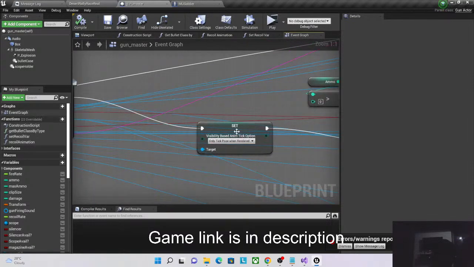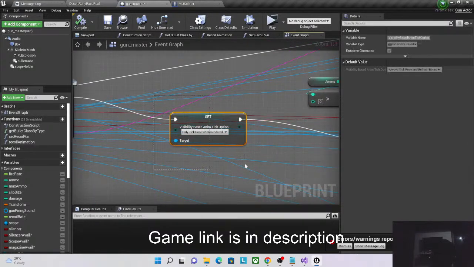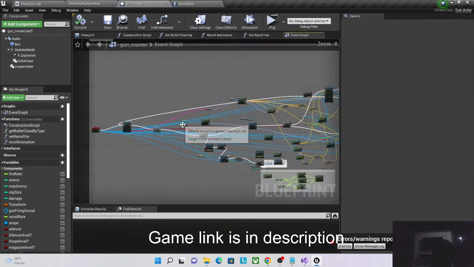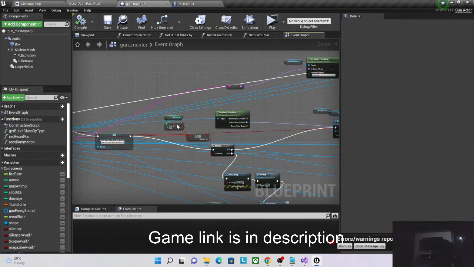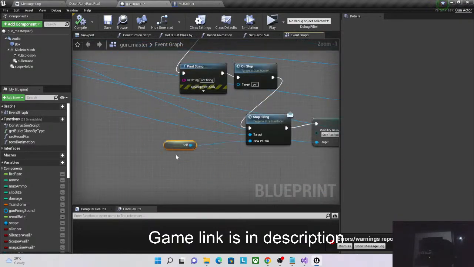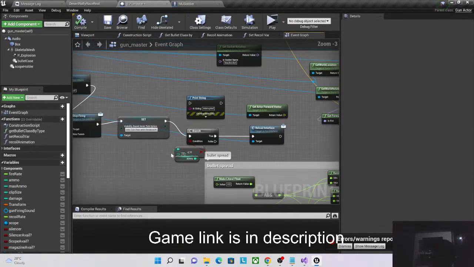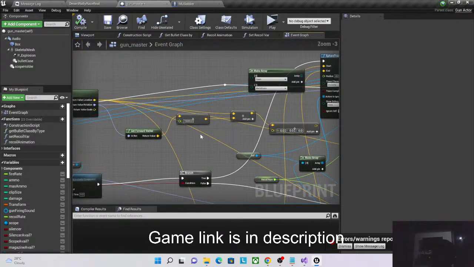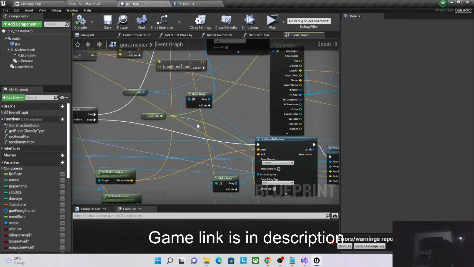And then we're creating this visibility based analytic option. We can ignore most of this stuff. So we need to take care of this. Then we have MO, and